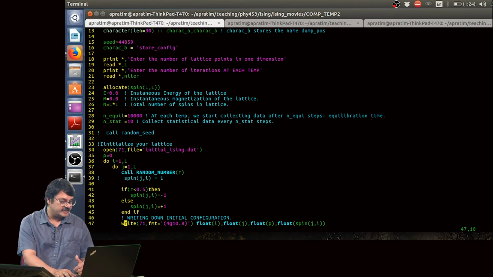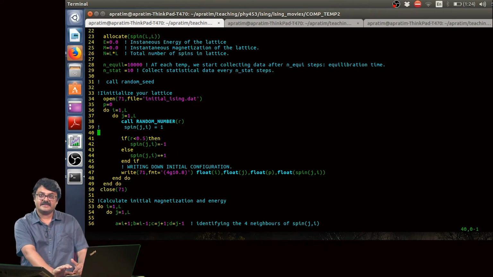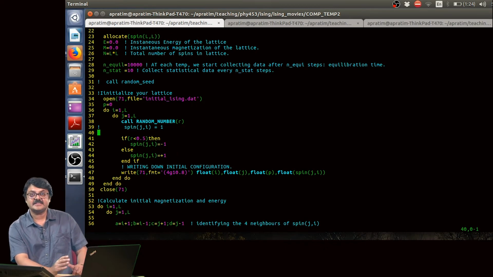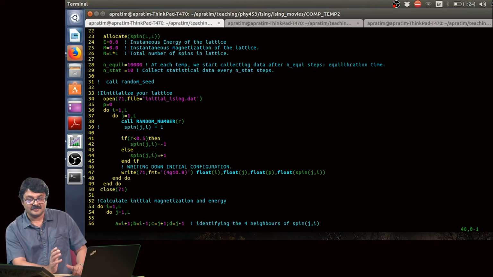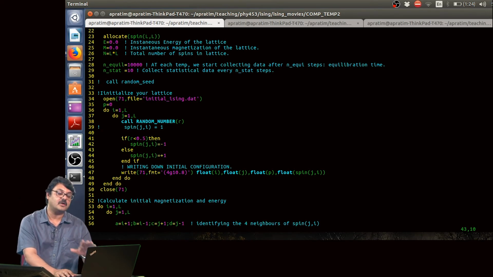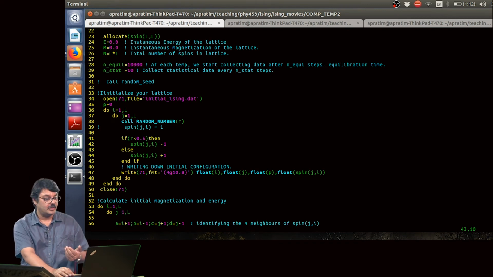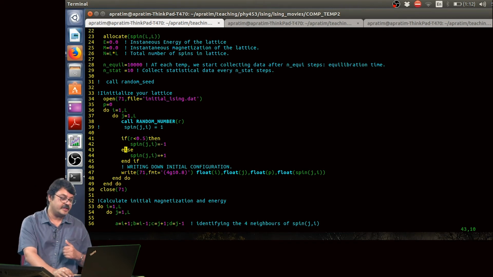The other thing that I have done is, as I change various parameters like lattice size, sometimes I shall go from low temperature to high temperature to low temperature. However, I shall always start with a random initial condition. As I told you, the final thermodynamic state of the system does not depend upon your initial configuration.